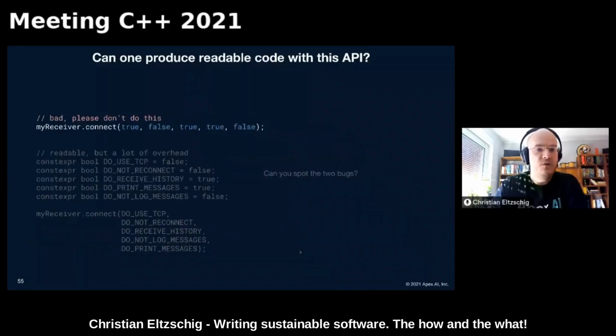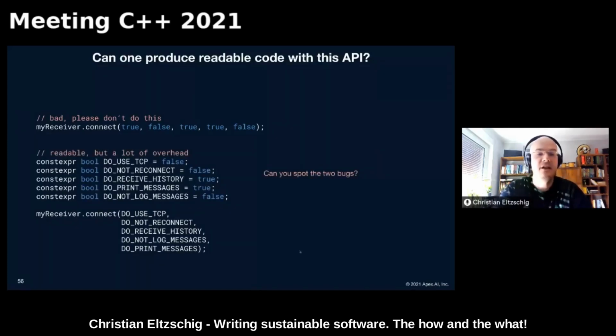We can, for instance, produce code like this, which is absolutely not readable because you see just random booleans, and when you later have to use such a piece of code, you have no idea what to do. And even when you just use your IDE and try to figure out what argument is standing for what, where you, for instance, see that the third or fourth argument is standing for do receive history or do print messages, even then, you can make a mistake. Then you maybe say in a review, okay, you have to do better than this. You are not allowed to introduce magic numbers, and then you come up with an implementation like this,